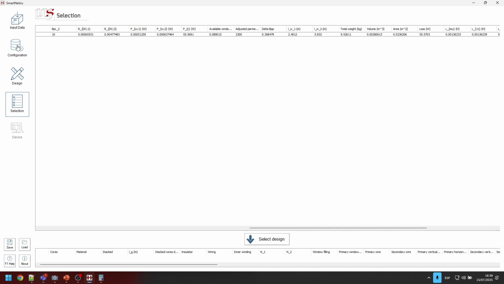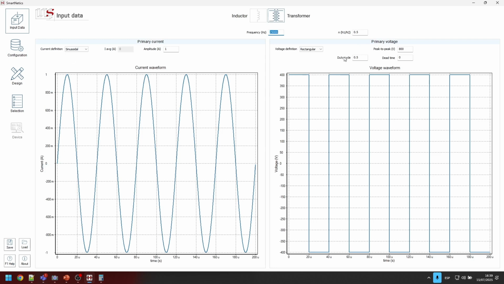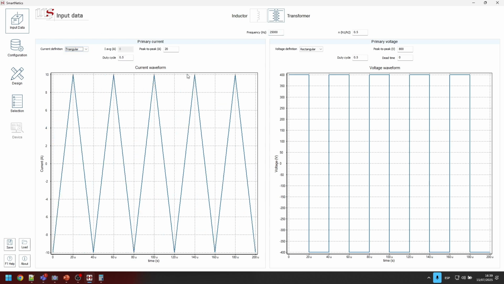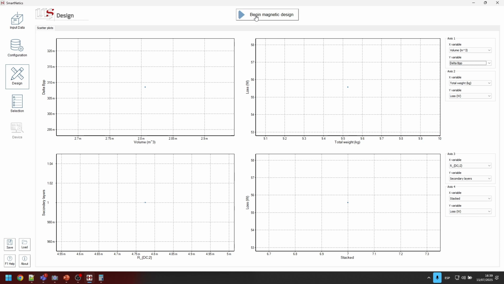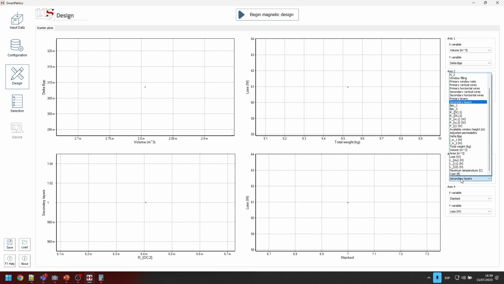So the next thing we can configure is, we deactivated the temperature calculation before, so we will activate that again. And to check the real temperature we're going to get, we need the voltage for the core losses and the current for the winding losses. So for this particular project, we're going to use a triangular current, 150 amps peak to peak, so 75 peak. And once again, let's see if with this current, it's going to be able to operate. The peak to peak value of the field is obviously the same, and we don't really care about the secondary layers now, so I'm going to change that for temperature.